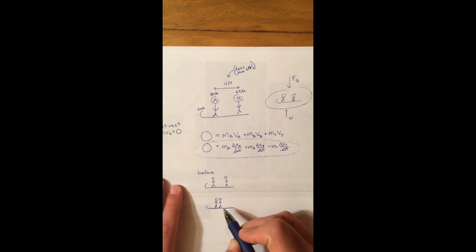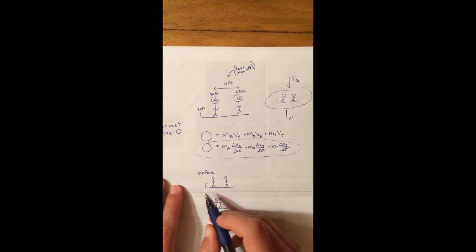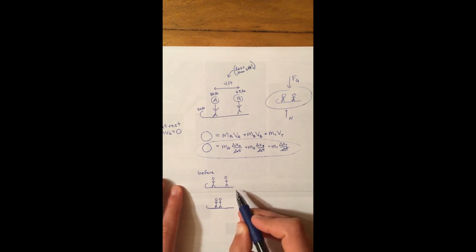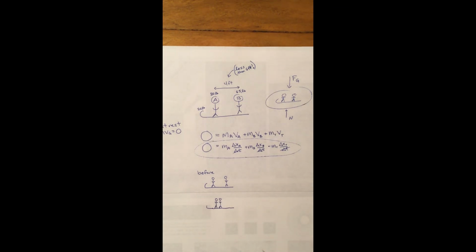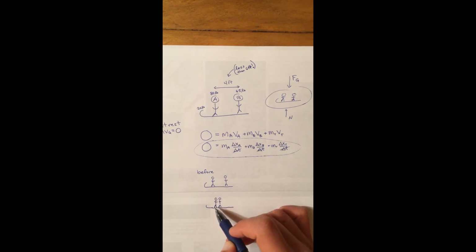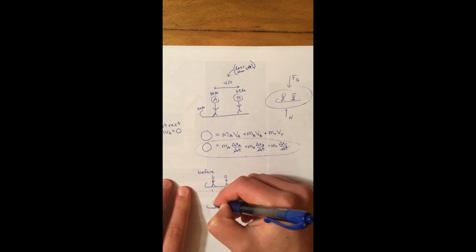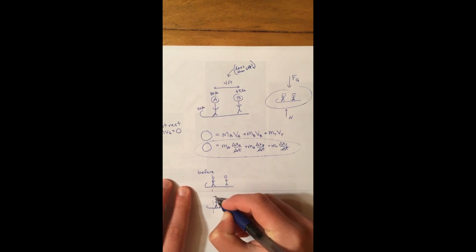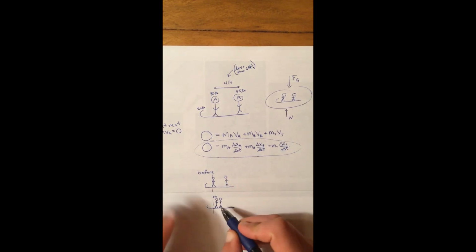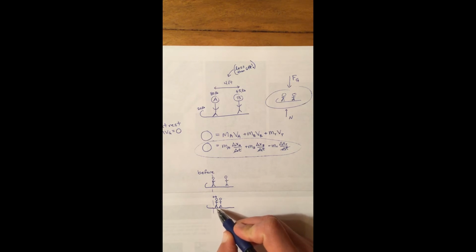So afterwards, we have something like this with A and B in the same place, but the whole toboggan has moved to the right. So person A is in the same spot relative to the toboggan, but person A actually moved because they started off here initially and they moved a little bit over here,